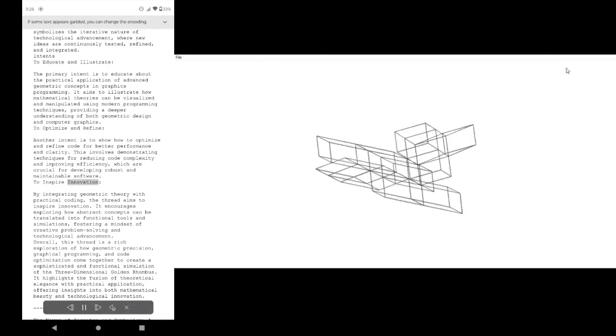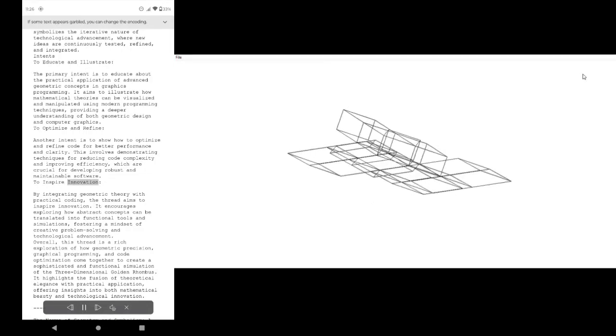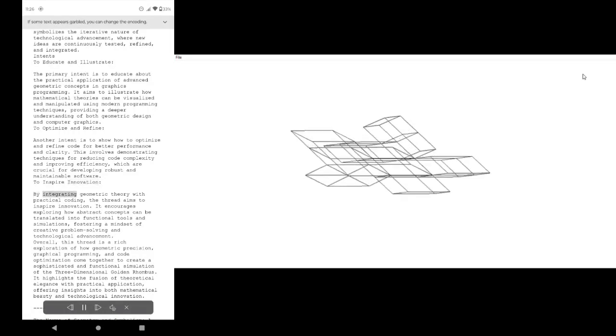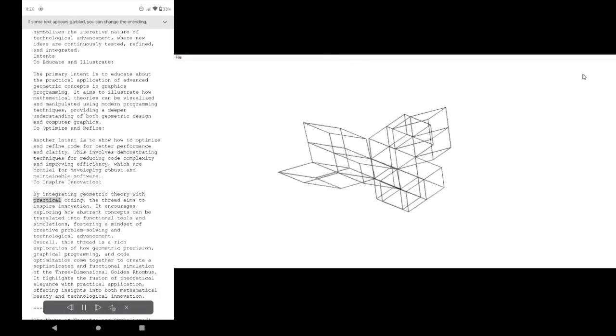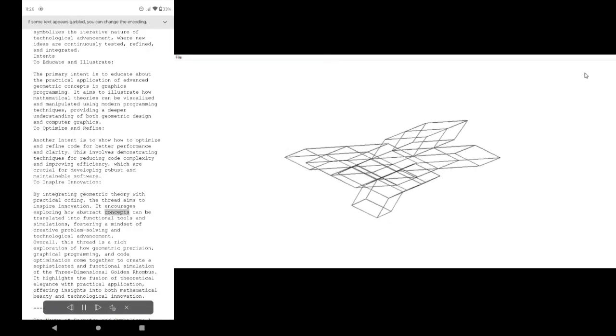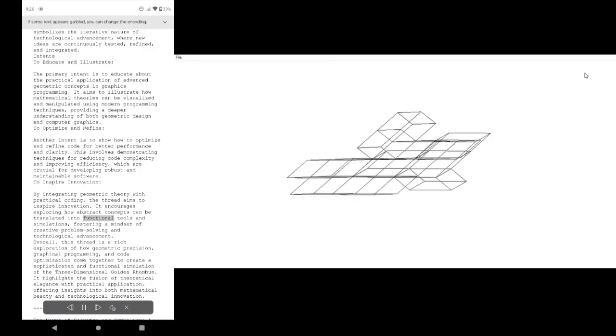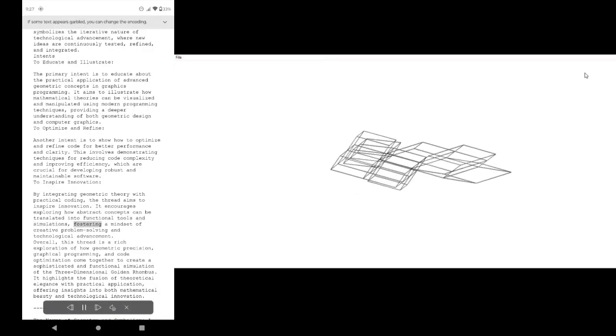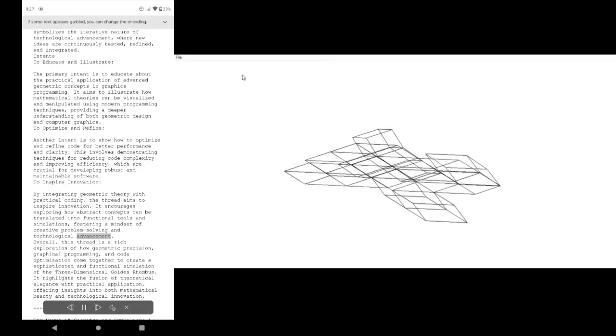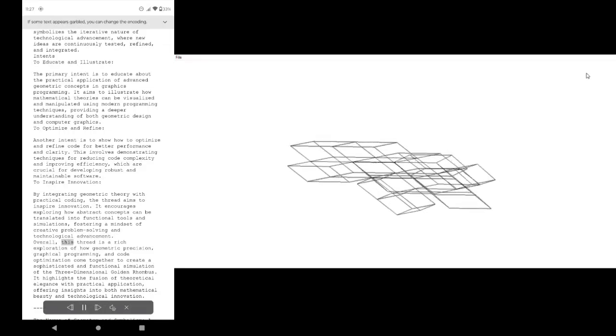To inspire innovation. By integrating geometric theory with practical coding, the thread aims to inspire innovation. It encourages exploring how abstract concepts can be translated into functional tools and simulations, fostering a mindset of creative problem-solving and technological advancement. Overall, this thread is a rich exploration of how geometric precision, graphical programming, and code optimization come